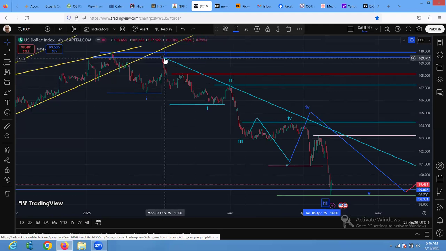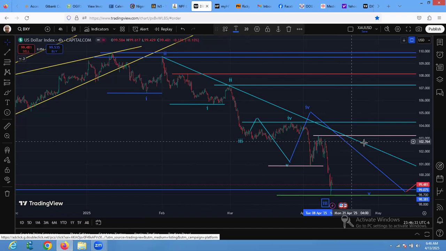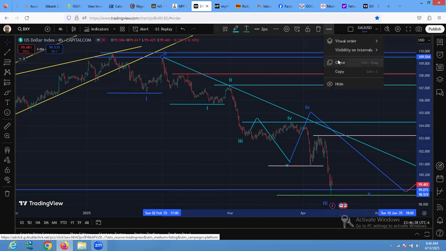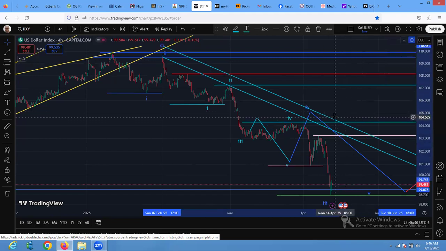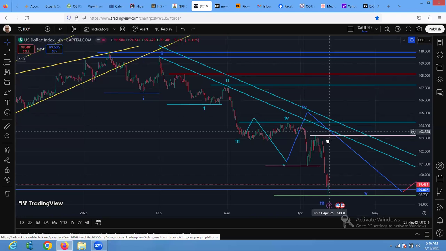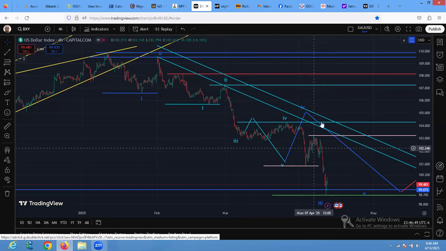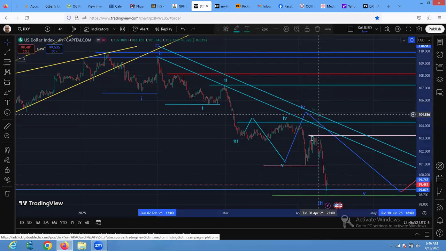You can see from 2 here, within this wave 3 itself, we need to burn it off, and we had not seen that yet. We had a sharp move, so we had not seen the end of it, and that's a very sharp move. So if you clone this, I'm teaching us something. If you clone this and bring it to the end of what you presume as wave 3 here, because this is what we presume to be 5, so if we bring it here,